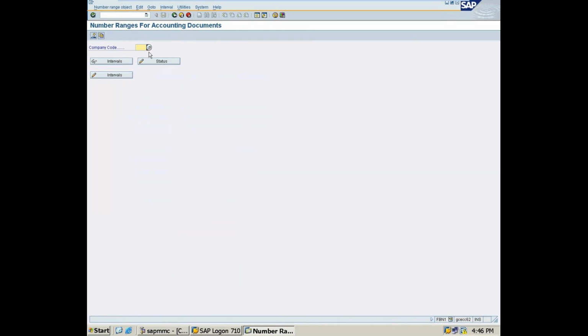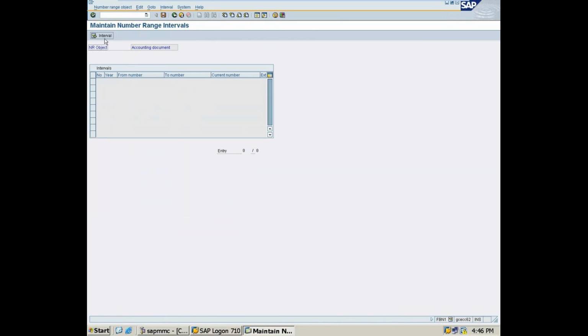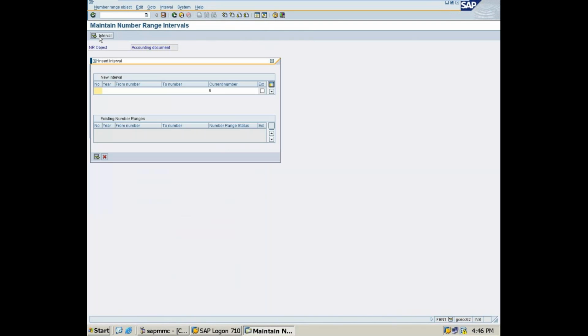It will ask you the company code, give your company code, then select the intervals, pencil one. Here again, you need to click on this plus interval. It will ask you to create the intervals here. What is your first interval you are creating is 1, in which year 2021. So I will create the number from 1 to 100.